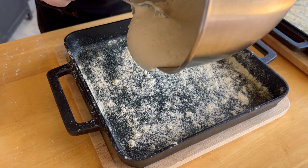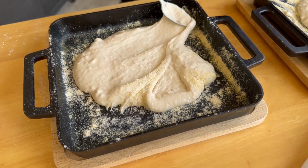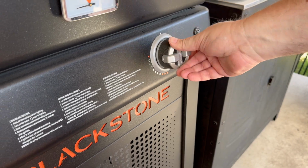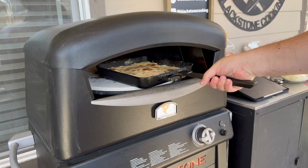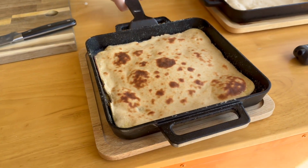This recipe makes enough for 2 pizzas, so we're going to pour about half that dough into the pizza pan, and then we'll let it rest for about 10 minutes while we preheat our Blackstone pizza oven. Once it's heated, we can turn the temperature down and pop our crusts in. Once our crust has baked for about 10 minutes or until it starts to turn golden, we're going to start